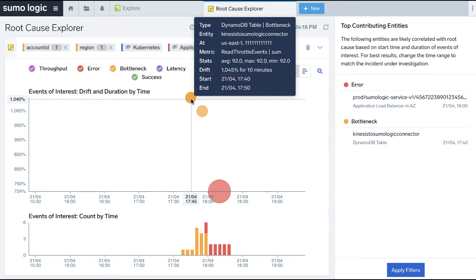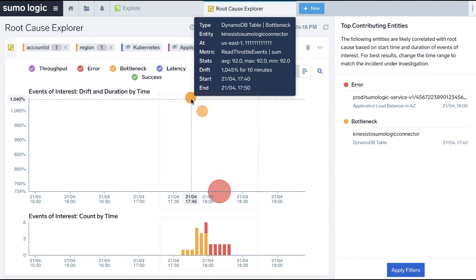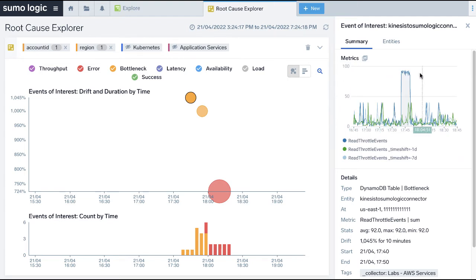When I consider these events and their timeline, I realize that DynamoDB got throttled first, and the rest of the events occurred as cascading effects of the database throttling. Knowing that the DynamoDB throttling may have caused the outage, I want to find out how and why. So, I'll click the DynamoDB event plot and check the details displayed in the Summary tab in the Entity Inspector